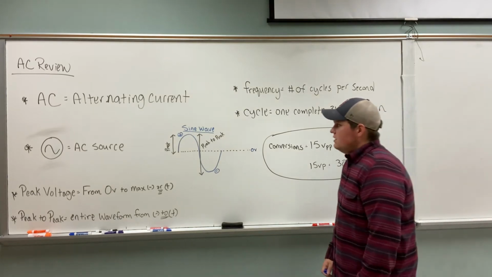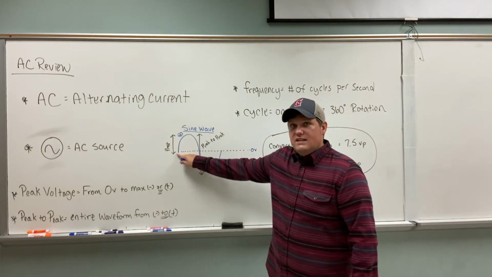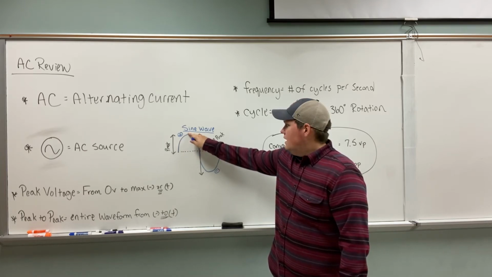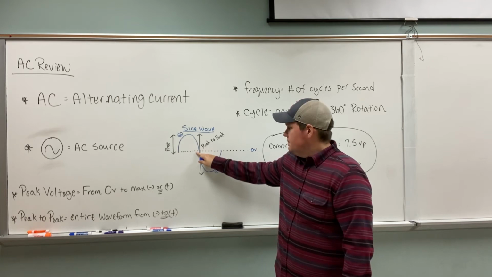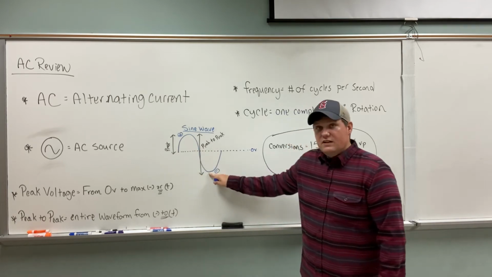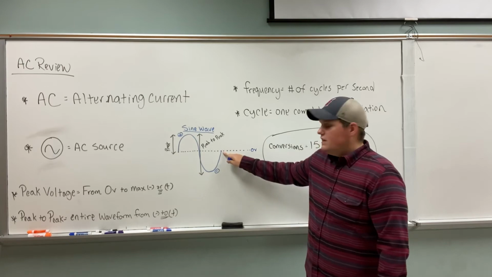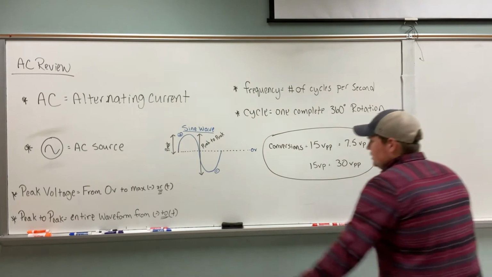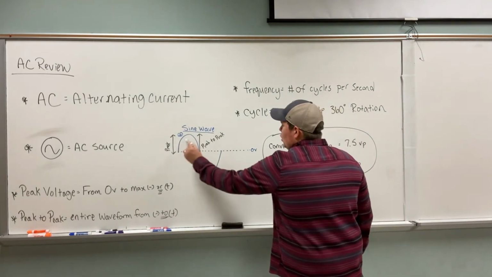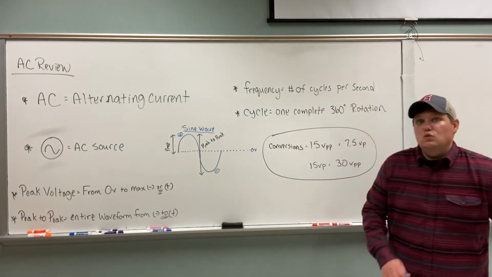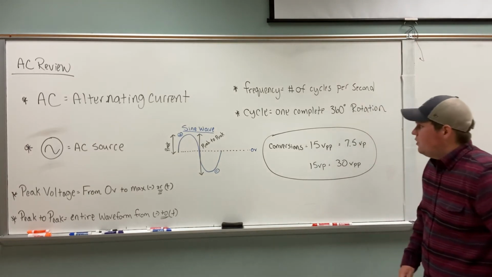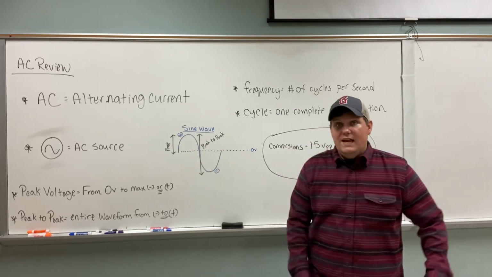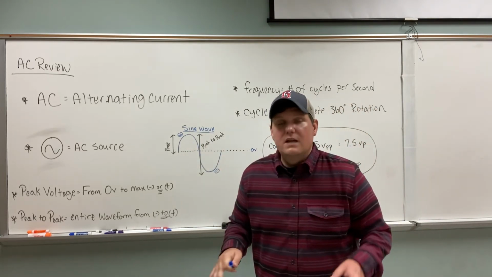that waveform. So for instance, I start out at 0, at 90 degrees I'm here, at 180 degrees I'm here, at 270 degrees I'm here, and then at 360 degrees I'm back to 0. Okay, so this waveform right here is one cycle. That is one complete 360-degree rotation. So however many of these that we have in a 1 second time frame is what we would refer